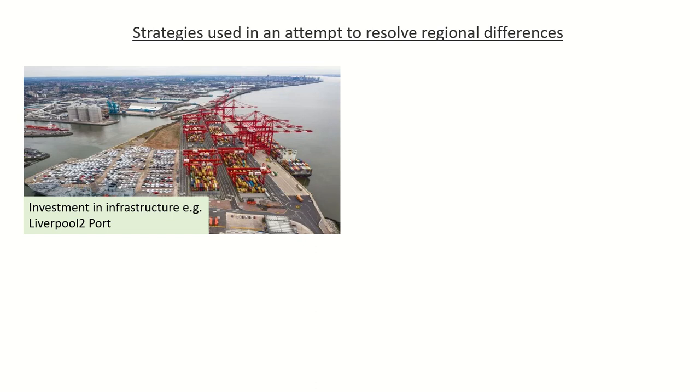There's also HS2, High Speed 2, which has its ups and downs. In many ways, it will help connect London with the rest of the country, but the costs of the project are massive and it will destroy huge areas of green belt land, if we go back to that word from earlier. And the idea is that if they invest in infrastructure in the north, it will increase trade and cause positive